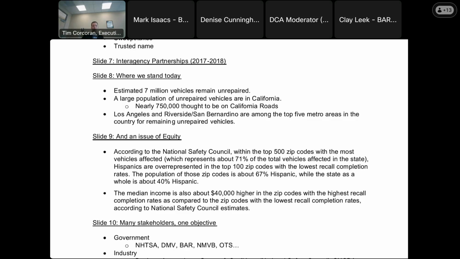And I also want to point out, this is largely an issue of equity as well. According to the National Safety Council, while the Hispanic community is underrepresented and historically disadvantaged, they're overrepresented in the data here. So once again, there's a disproportionate impact on these communities, particularly in Spanish-speaking communities. They've had a lot of difficulty penetrating into those communities and encouraging folks to bring the vehicles in. So providing an emphasis, again, a collaborative effort here in the state with an emphasis on reaching into these communities,